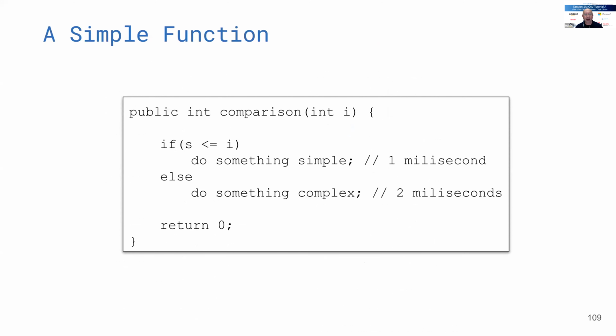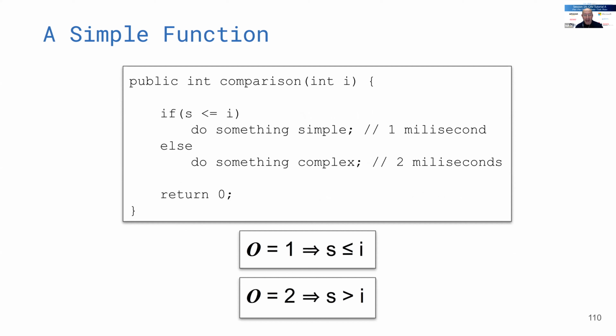Now I'm going to show you a very simple example where there is a secret and a public input. If the secret is less than the public input, let's say the execution takes 1 millisecond. If the secret is greater than the public input, it takes 2 milliseconds. So let's say that's the code, right? Now can you generate an attack? Again, I don't want to do this manually. I want to do this automatically, right?